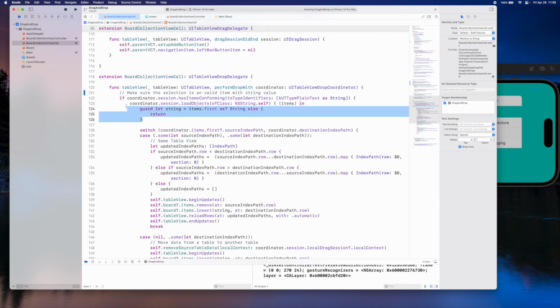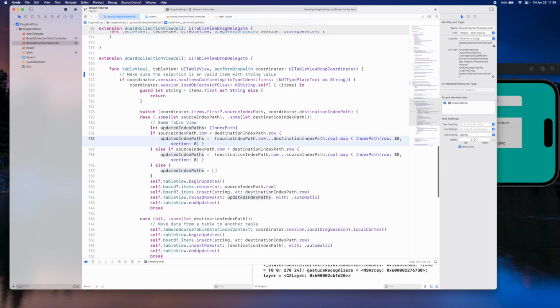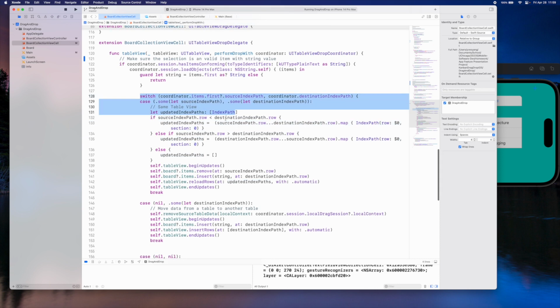So first, we use a guard statement to make sure the selection is a valid item with string values. Next, for the actual interactions, we use a switch statement to identify different cases based on the source and destination index paths.